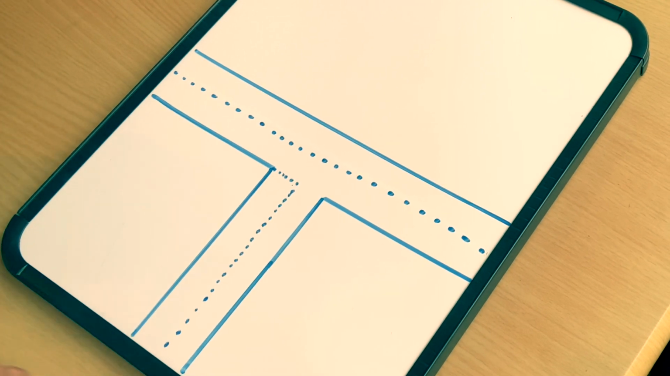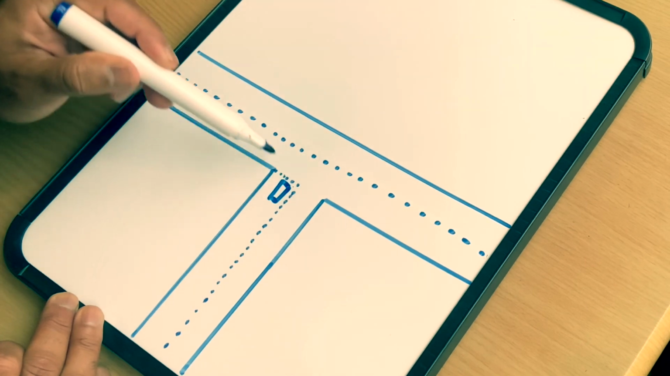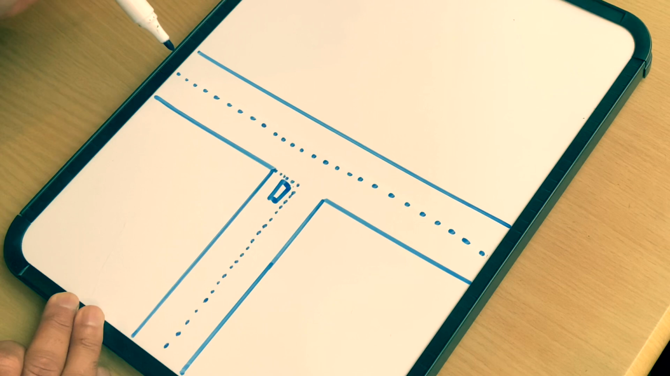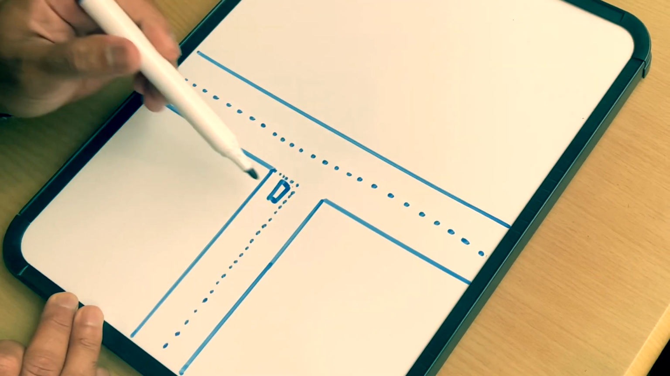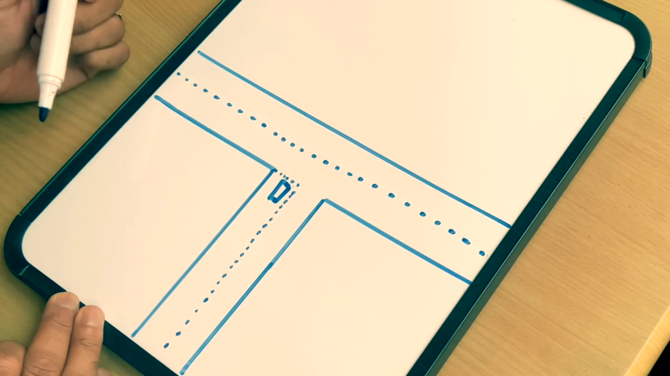Okay, so say this is your car and you want to go left or you want to go right, and there's a car coming from here or there's a car coming from here. Okay, if you need to go from there to there and there's a car coming from here, imagine this is